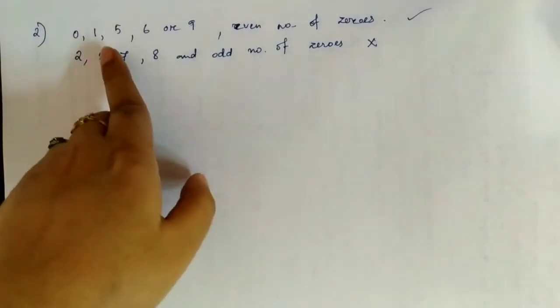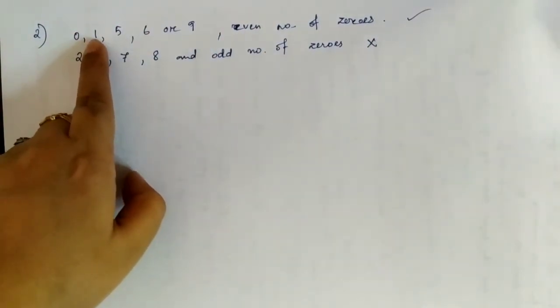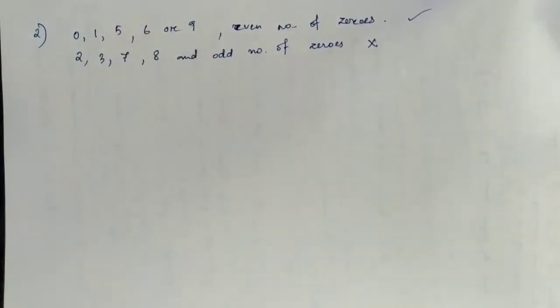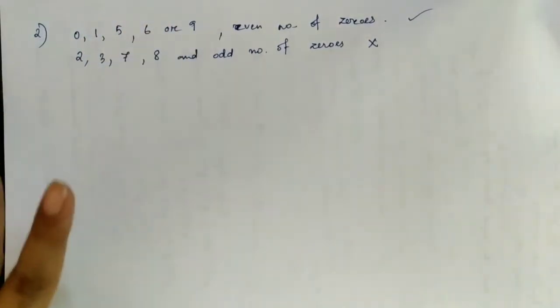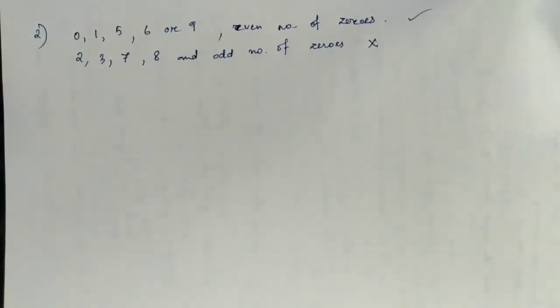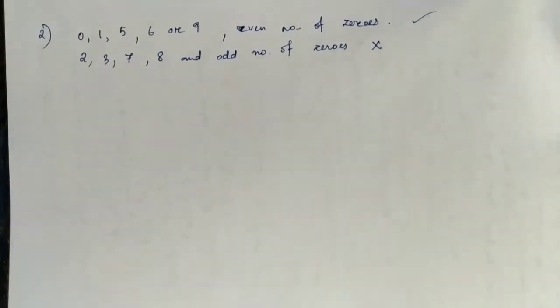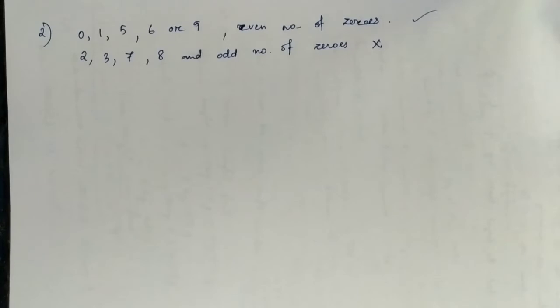Now I am saying may. Not every number that ends with 5, 1, 6 or 9 will be a perfect square number, but some will be. Suppose I can say 49. 49 is a perfect square number, 7 sevens are 49, whereas 29 is not a perfect square number. But any number that ends with 2, 3, 7 or 8 will never be a perfect square number. So let us see how we will do these questions.